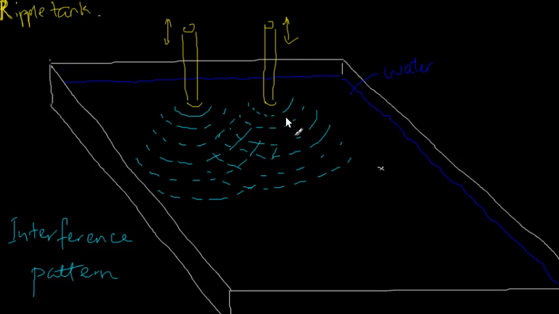Now, so therefore, it is quite possible that we would again have one wave coming from each. If we follow a line from here to here, we would expect to see